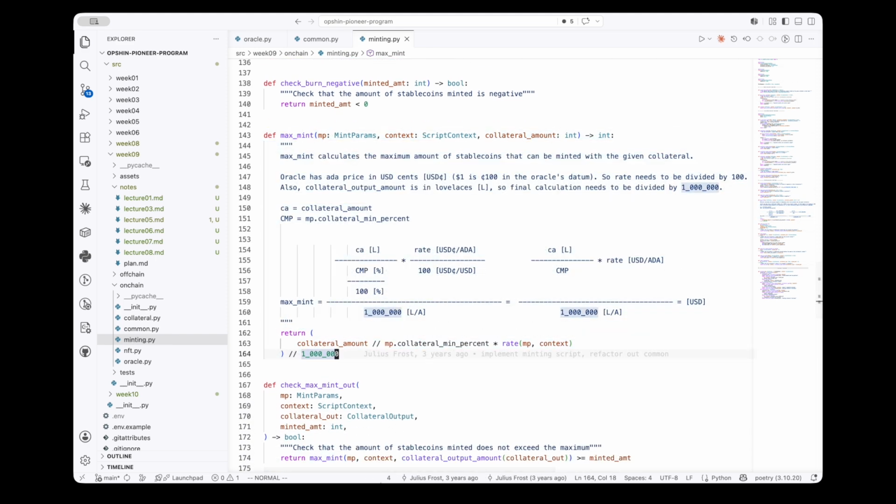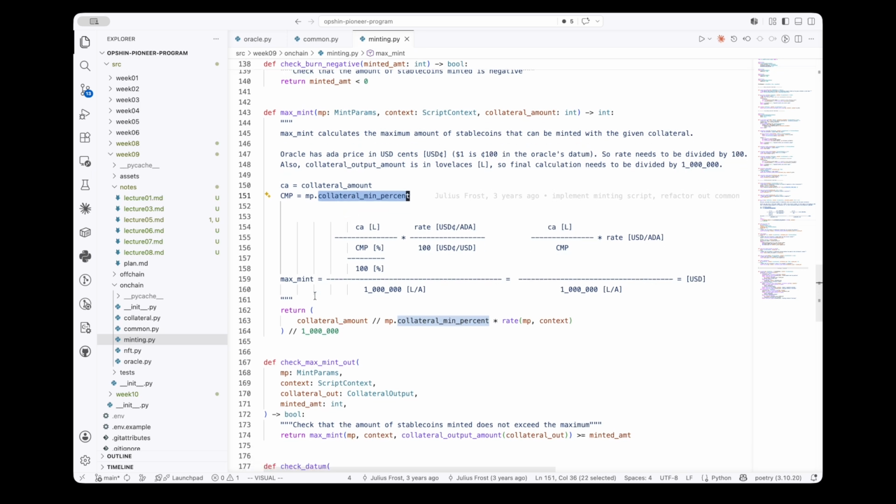So this is the core math, let's say, of the policy, because it computes the maximum amount of stablecoins we could mint given a certain collateral amount that has been provided, and given the minting parameters, which contain this collateral minimum percentage. Okay, so in the end we have this formula that you can study yourself if you want to better understand it, but I just want to point out that